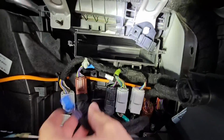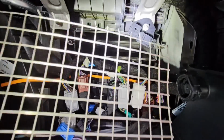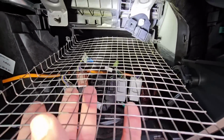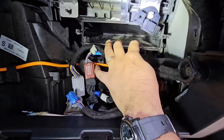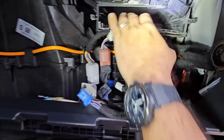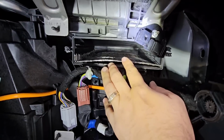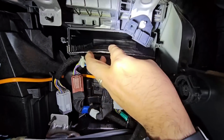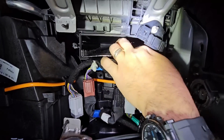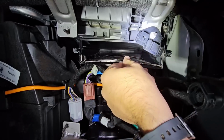I unplugged this harness right here because it makes it kind of difficult to get anything in there without bending it. And this should just slide right in now. There we go. And I'm hoping that the air filter itself will muffle any sound that this might normally make rattling. If I appear to hear anything, I'll definitely put some padding or something in here to prevent